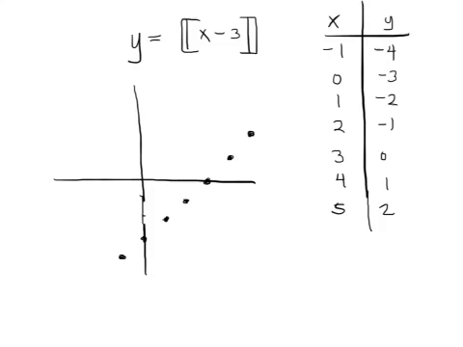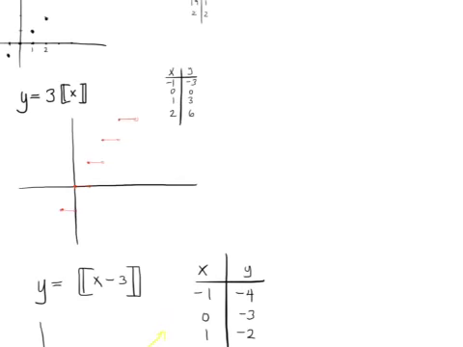All I'm doing is coloring in the dots on the integers. If you like, you can envision the line y equals x minus 3. Of course, that's not going to be the graph because the actual graph is going to extend from each of these. We're going to have the same deal going on. And if you like, you can go back to the very first one and you'll notice that all we've really done is take